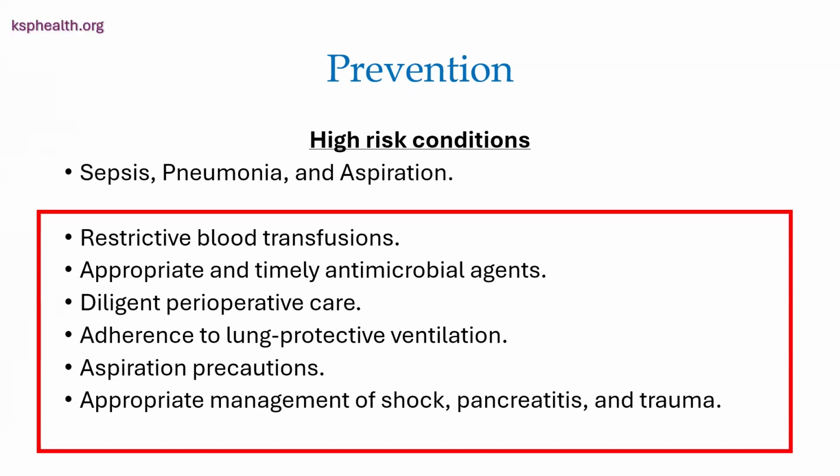There are a few things we can do to prevent the occurrence of hypoxemic respiratory failure, in other words, acute respiratory distress syndrome. Restrictive blood transfusions. When I say blood transfusion, red blood transfusions also can cause transfusion-related acute lung injury. But platelets and fresh frozen plasma have a higher association than pure RBC or PRBCs. So keep that in mind. And appropriate and timely antimicrobial agents when you treat sepsis and pneumonia. Early antimicrobial therapy is very important to reduce, prevent or mitigate the occurrence of